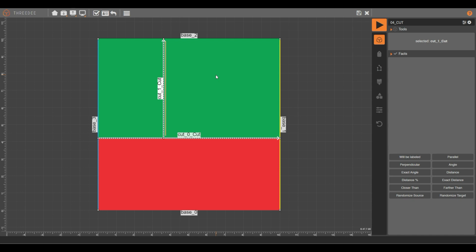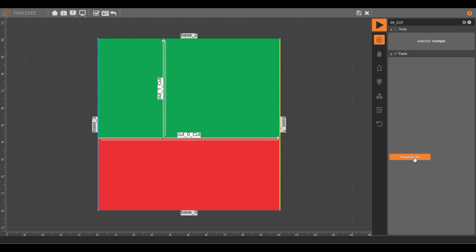I will press Ctrl and select the other cut. As you can see, I got two cuts, and the facts that remain will be the possible facts that I can make with those parts. Okay, I can set those parts to be perpendicular,